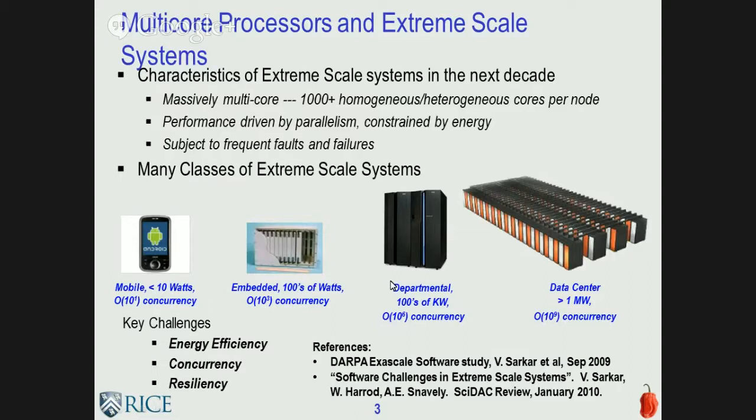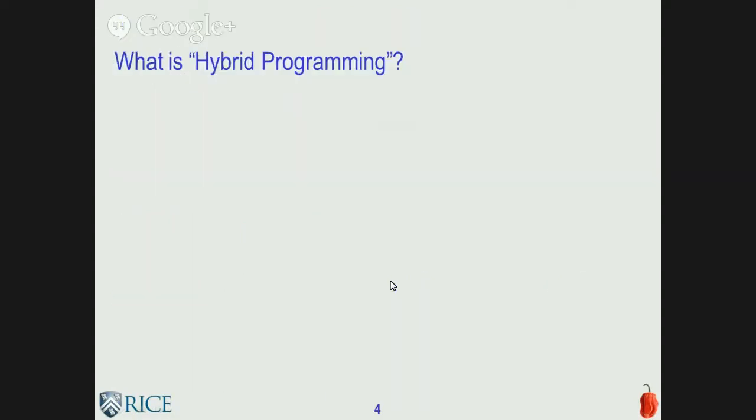The changes were the fact that your building blocks, the chips, are going to be, and have already become, massively multi-core, homogeneous, heterogeneous, performance driven by parallelism, constrained by energy. It's almost, and we've heard talks related to that, like a bin packing problem almost, and resilience issues. So these were the key challenges, and that's really guided our research and the research of many other people in the community. Today's talk, I decided to focus in the time that I have on hybrid programming